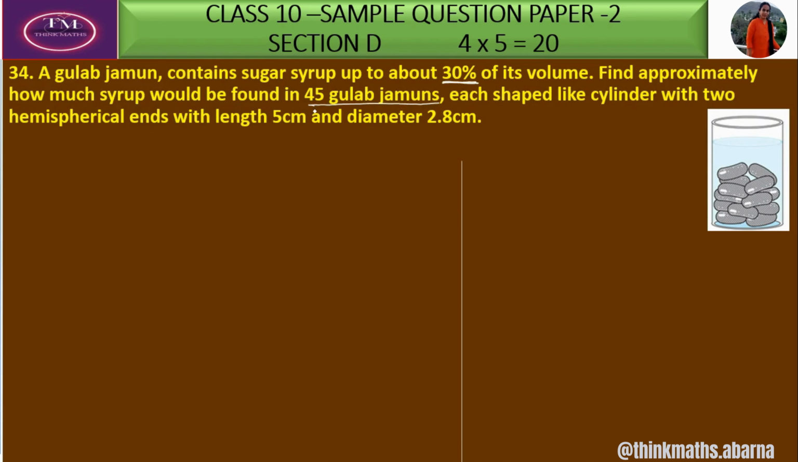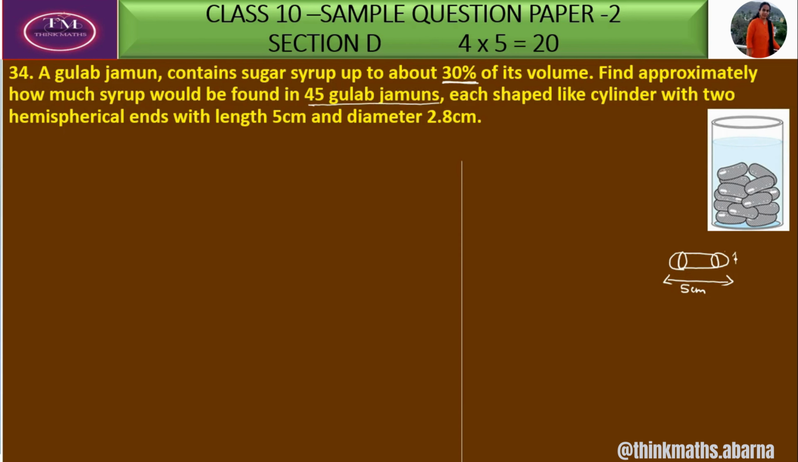Okay. First we have to find out the volume of one gulab jamun. So how is the gulab jamun? It is shaped like a cylinder with two hemispherical ends, with length equal to 5 centimeter and diameter